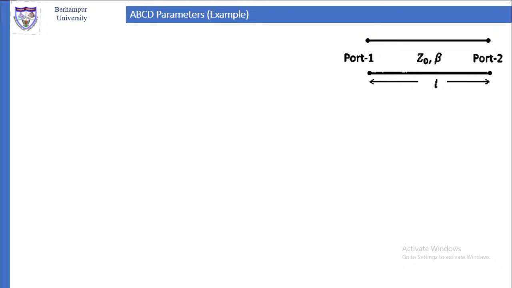Now let us consider another example, which is a section of transmission line. Length of the transmission line is L. Characteristic impedance of the transmission line is Z0. Propagation constant in the transmission line is beta. We have two ports, port 1 and port 2. Now for this transmission line,